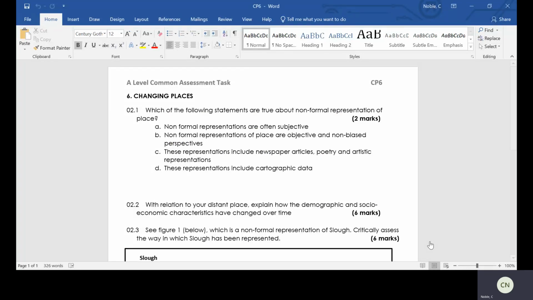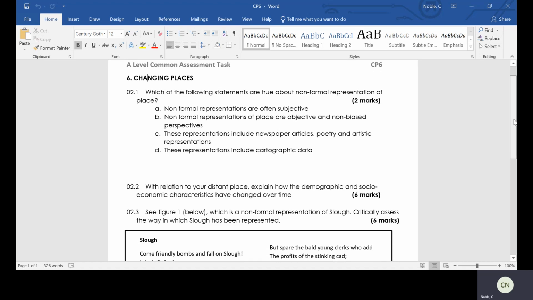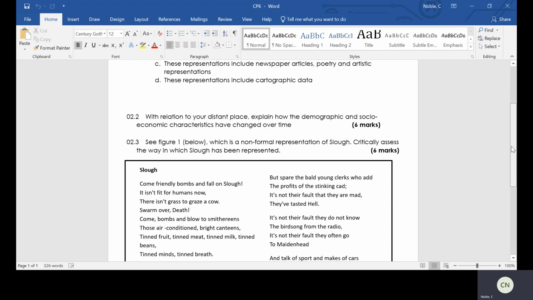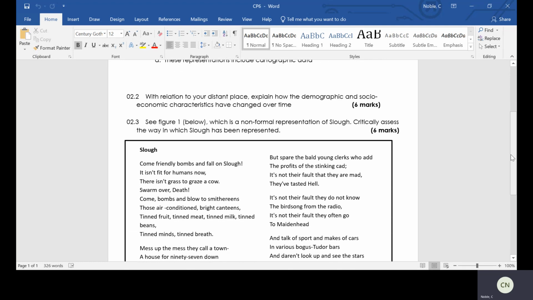The first is multiple choice and the key thing is to recognise the number of marks, which of course is 2 for question 1. So that should give you an indication of how many statements to select and to highlight as correct. Question 2.2 asks you, with relation to your distant place, to explain how the demographic and socio-economic characteristics